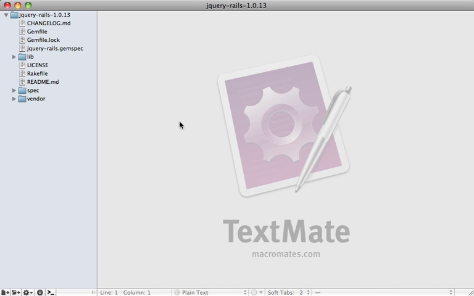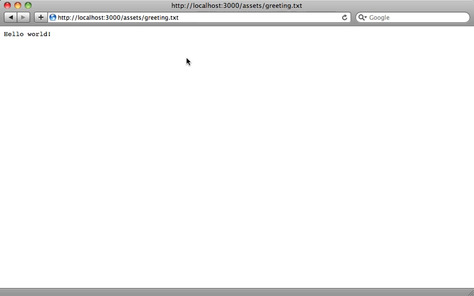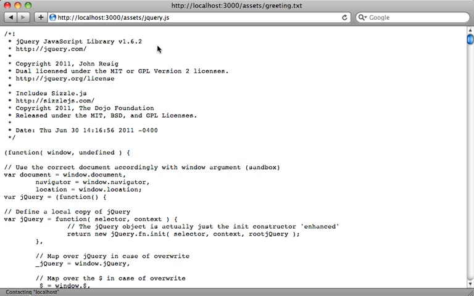So here's that gem, and well, would you look at that? We have a vendor directory here, vendor assets JavaScripts, and there's all of our jQuery files that we can load through our asset pipeline. So as you probably guessed, we can just call assets/jQuery.js to reference that jQuery file, which is inside of the engine, because it's inside of the asset pipeline load